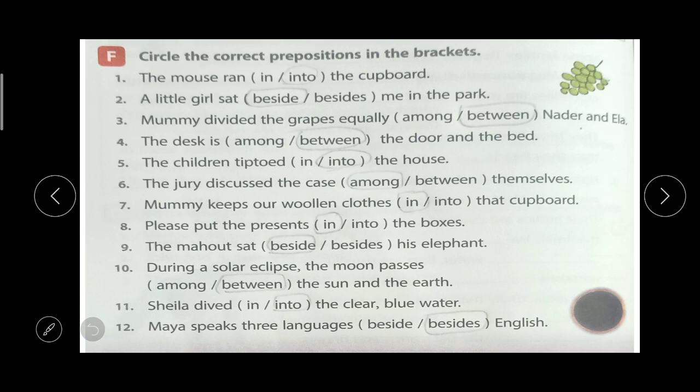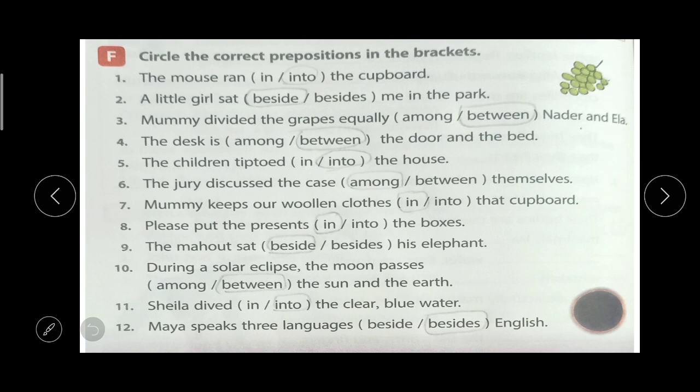7, Mummy keeps our woolen clothes in that cupboard. 8, please put the present in the boxes. 9, the mahout sat beside his elephant. 10, during a solar eclipse, the moon passes between the sun and the earth. Number 11, Sheila dived into the clear blue water. Number 12, Maya speaks 3 languages besides English. So these are the